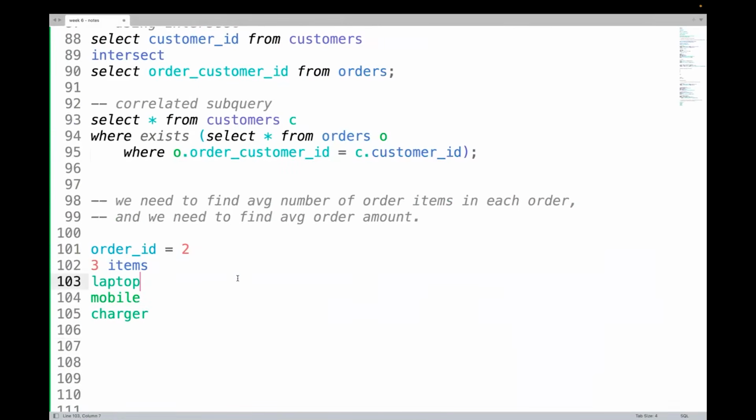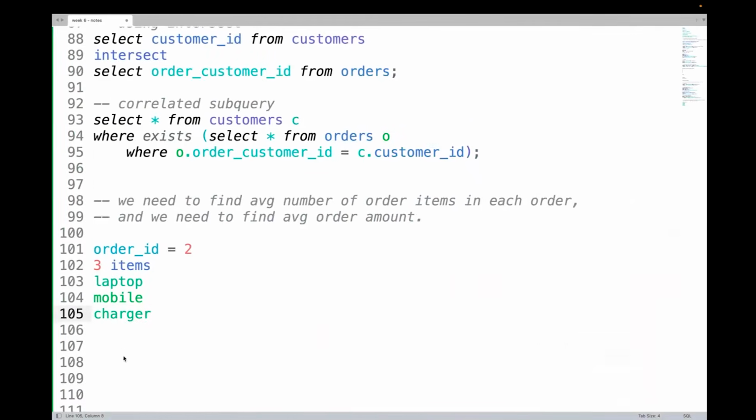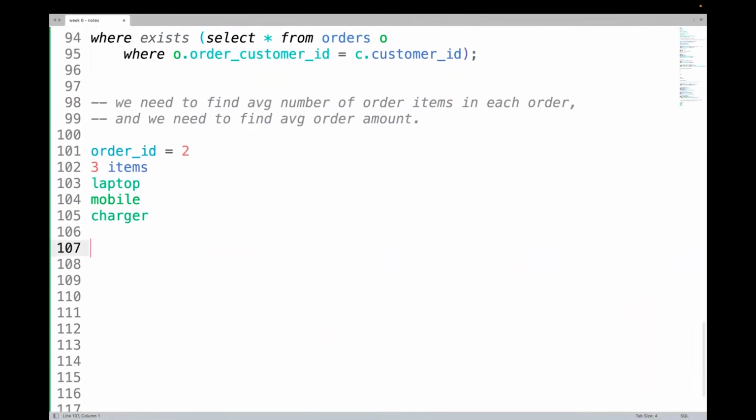So first, if I have to calculate the average number of order items, then I should get a state where I should have an intermediate state where I get order ID, number of items, right, and total or